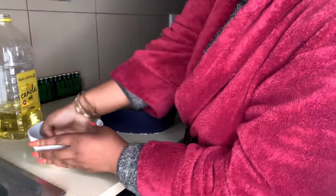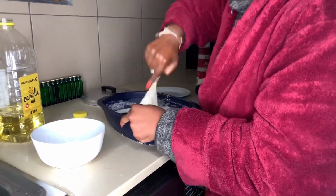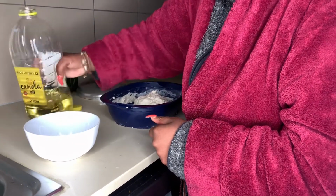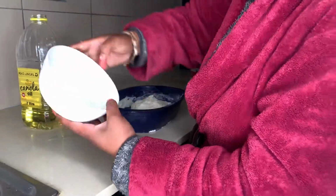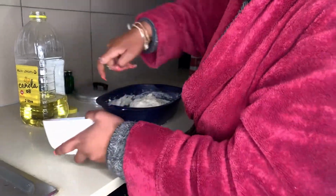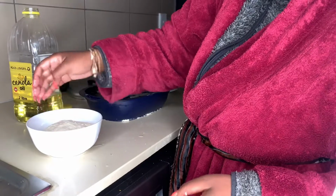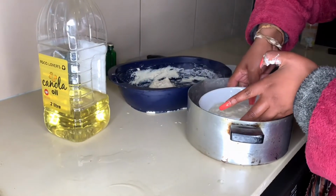I'm just rubbing my hands with oil. You can use cups. Other people use cups. Make sure that the oil is enough, but also not too much. This is to help the spread not to stick on the... See? Like this. Hope it's not too much. Like this. And then now you put your...